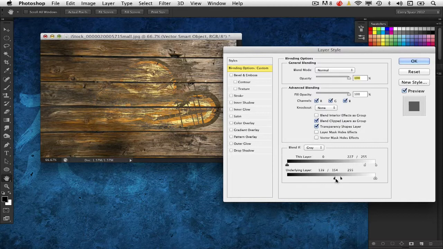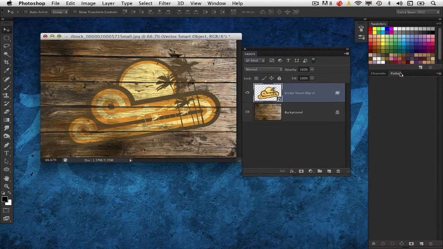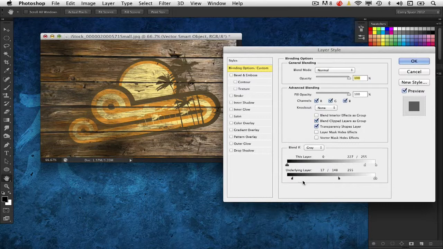You can really make it look like it's fading away. Notice the higher I get, the more faded the graphic becomes. I can just make it more subtly faded just by moving these sliders like this. But with a greater degree of control, and it's maintaining its natural color state, not being affected by the blend modes here. And again, like a layer style, when I click OK, this is not a permanent fix. I can double click on here and pick up right where I left off and adjust those features.